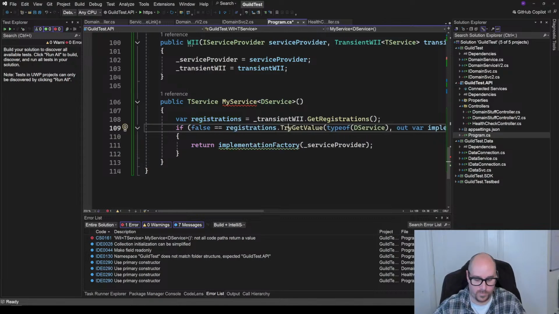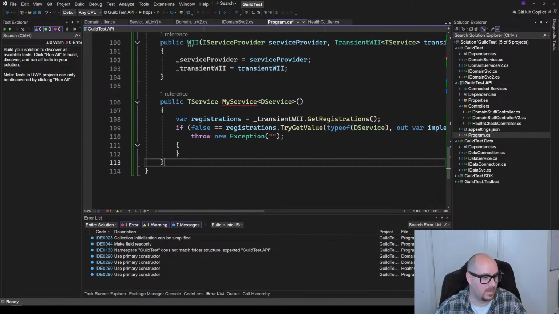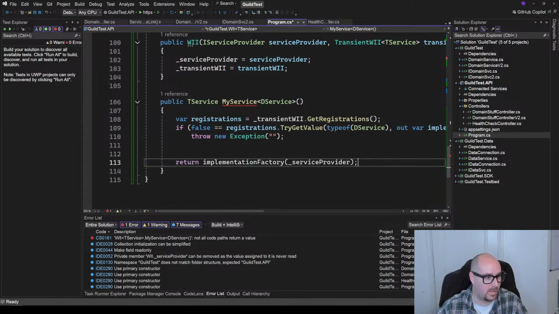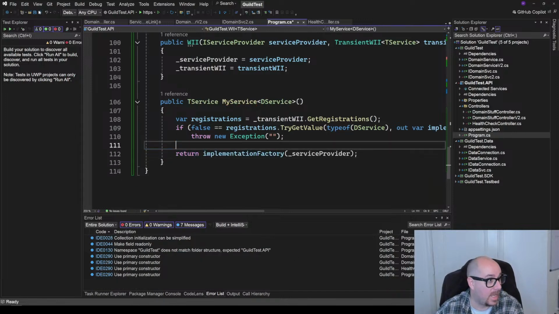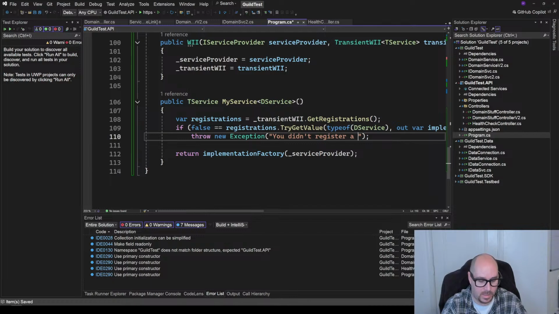I'd rather do this reversed. So throw a new exception of some kind, and this is a gate instead. So that would be an early return. If it's false, then do that. Then I'm not doing any nesting with my logic. And I'm going to say throw an exception. You didn't register a type of